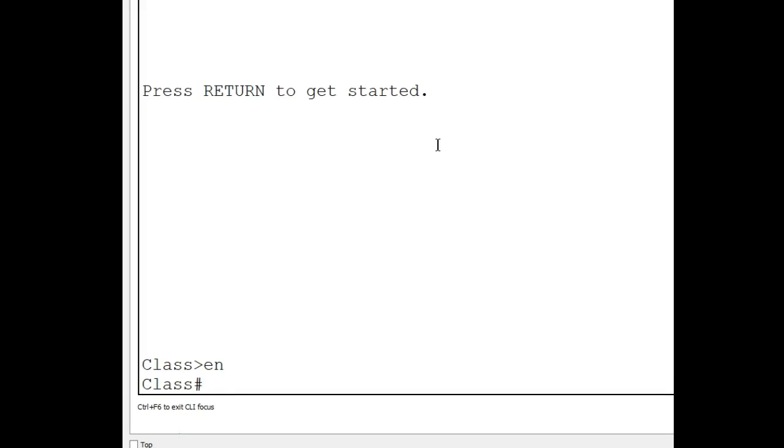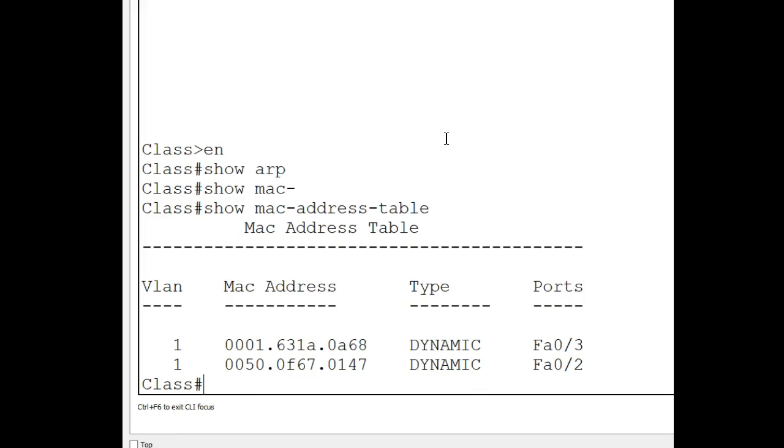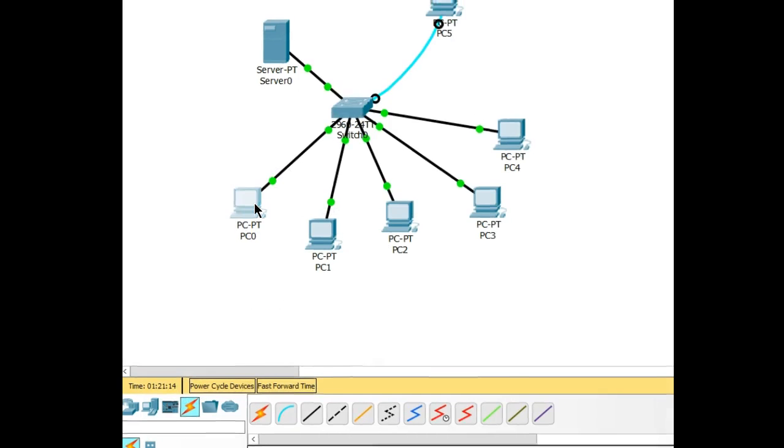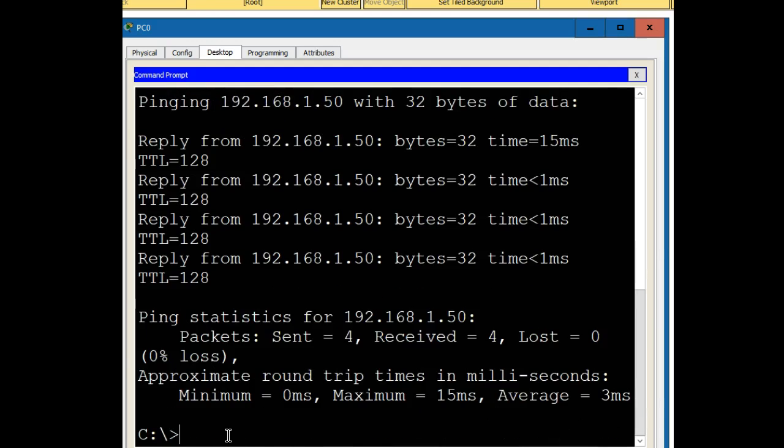and go into enable mode, user exec mode, and I can show, and this is where the show commands are, ARP, now show MAC address table. Then VLAN, I have a MAC address dynamic on Fast Ethernet 0/2 and Fast Ethernet 0/3. Those are the only two that were there. If I go in here, let's see if we can populate this thing pretty quickly. If I ping the ping